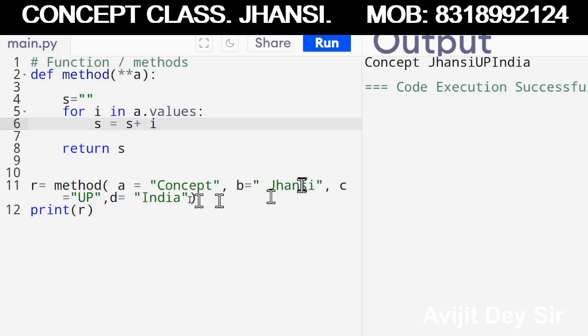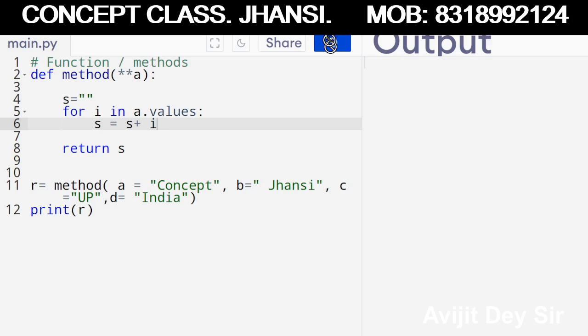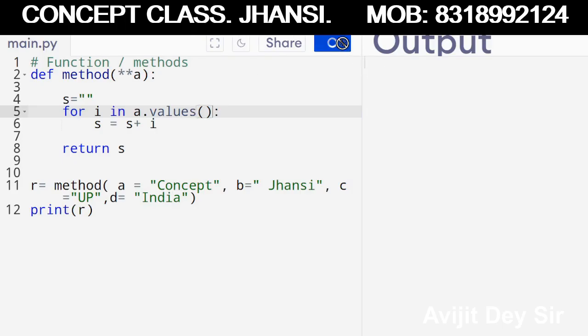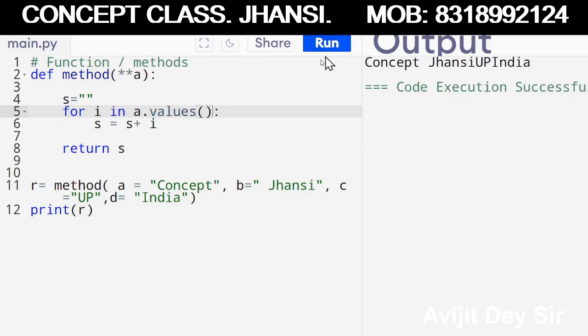This concept, Jhansi, UP, India, like this. Run. Error is there. This will have brackets because it is a function. Okay. So with this